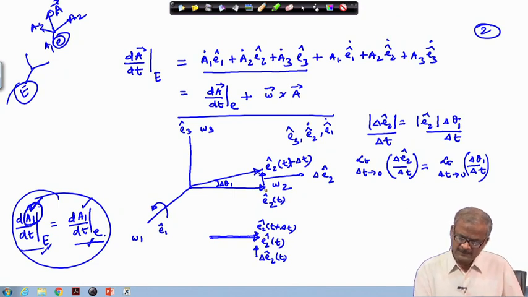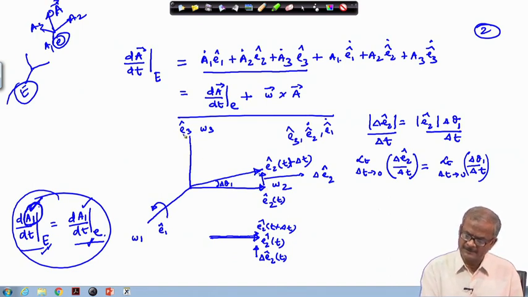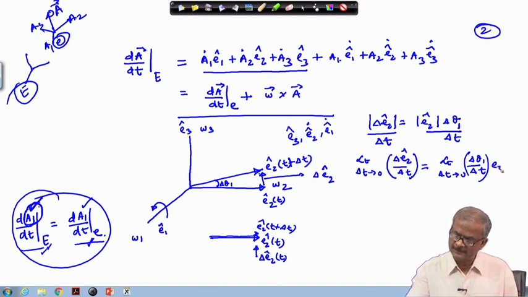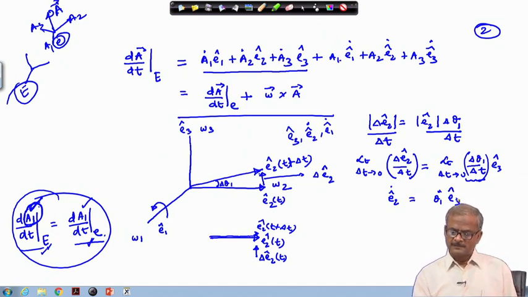That means the change that has taken place is along the E3 direction, so here we have to multiply by E3 cap. So, E2 cap dot will be given by theta 1 dot times E3 cap, but